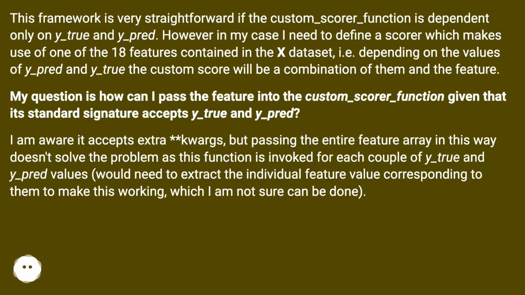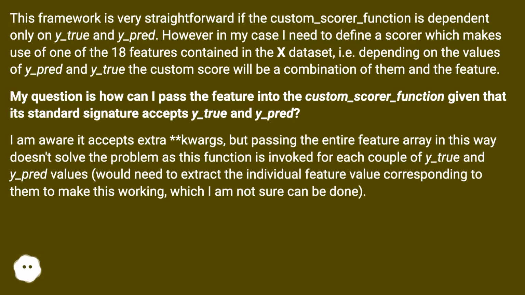However, in my case, I need to define a scorer which makes use of one of the 18 features contained in the X dataset, i.e. depending on the values of y_pred and y_true, the custom score will be a combination of them and the feature. My question is, how can I pass the feature into the custom_scorer function given that its standard signature accepts y_true